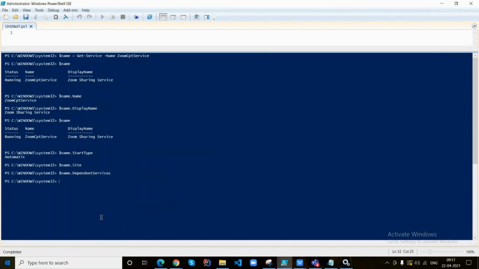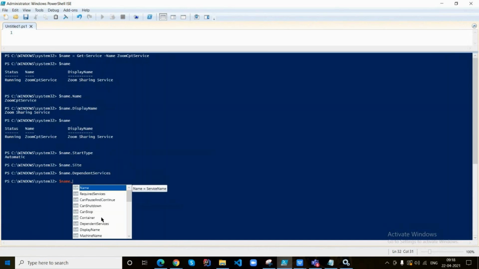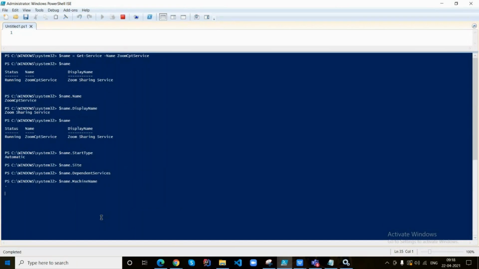So this service doesn't have any dependent services associated, so that's why the output is not coming. Okay, now $name.MachineName.